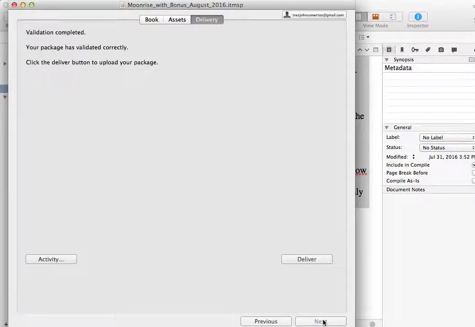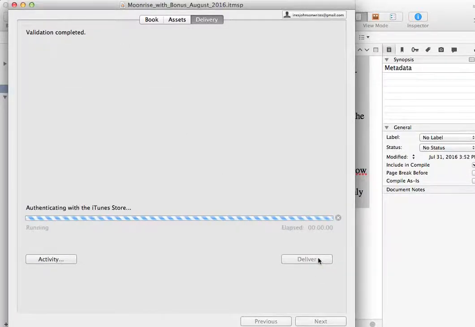The next thing I need to do is deliver my book. That was super fast. It validated. It's ready for delivery. I just need to hit that deliver button. iTunes is going to think about it, and after it's done, once it's validated all of my information and put it up there, it's going to give me a green check mark, and my book will be ready in the